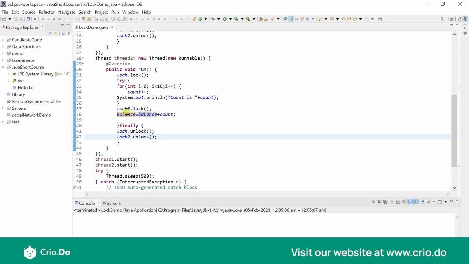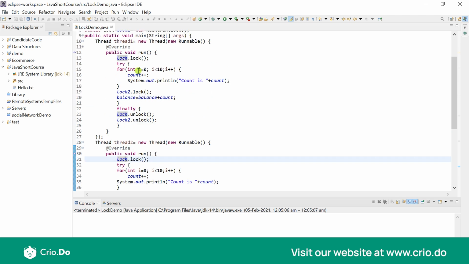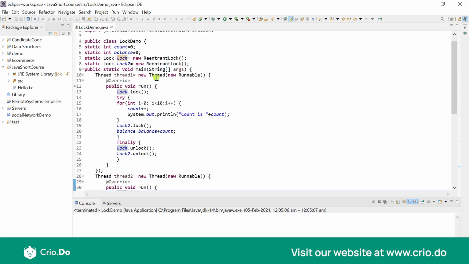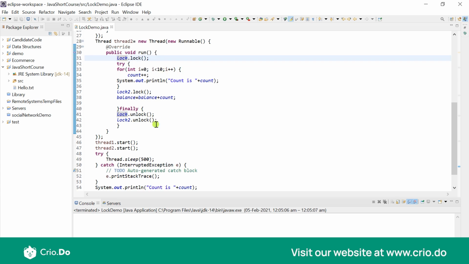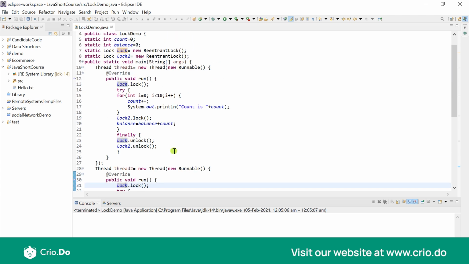But when you're working with multiple locks and multiple shared resources, it may happen that you are locking and unlocking every time in your code. And at some point, it may happen that there are multiple threads in your program. One thread has a particular lock. Another thread also has a lock on a particular resource. And one thread is waiting for a resource to get free, and another thread is waiting for another resource to get free, and both of them are stuck in a deadlock.